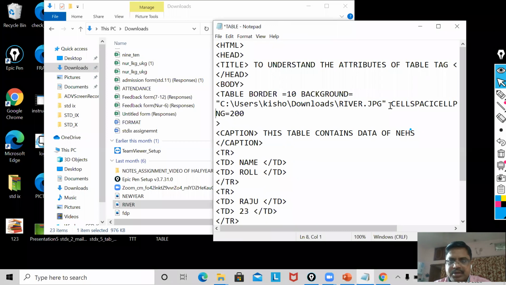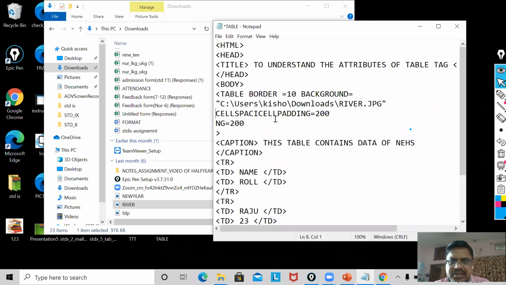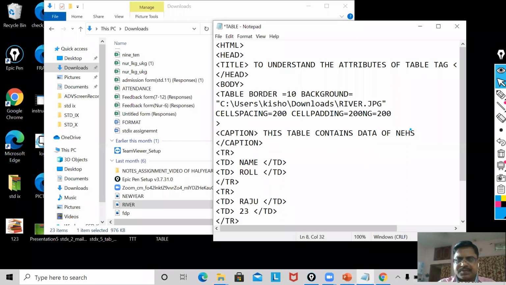Wait, cell spacing, I will keep it down. Cell spacing equal to 200, cell padding equal to also 200. Clear?